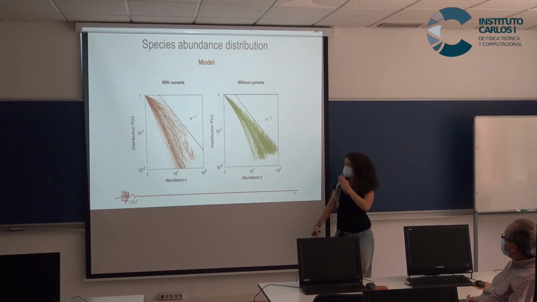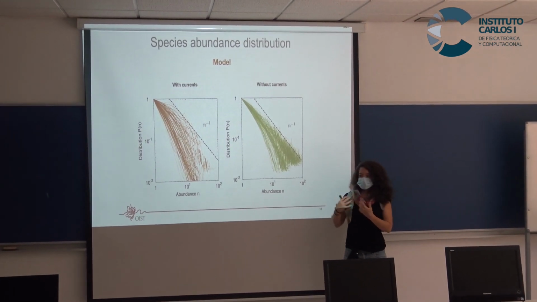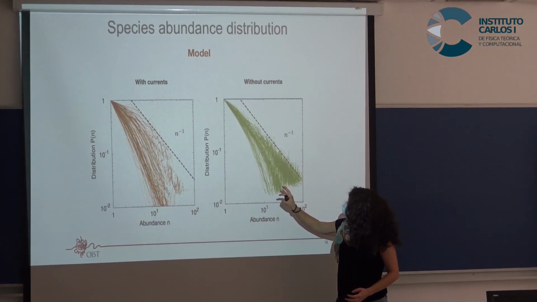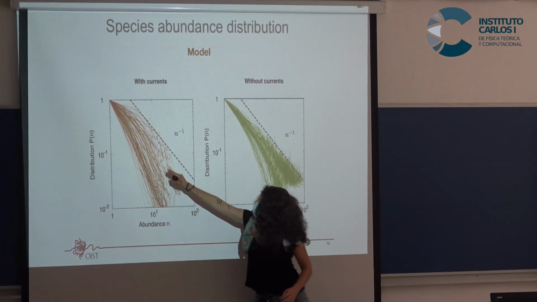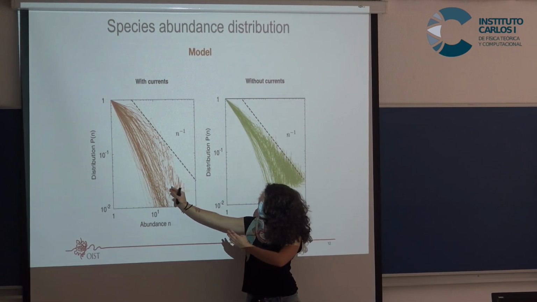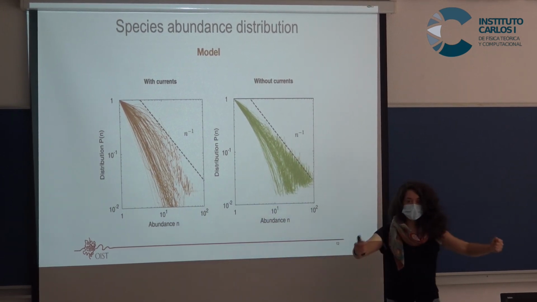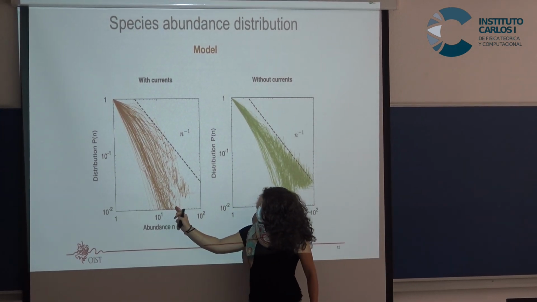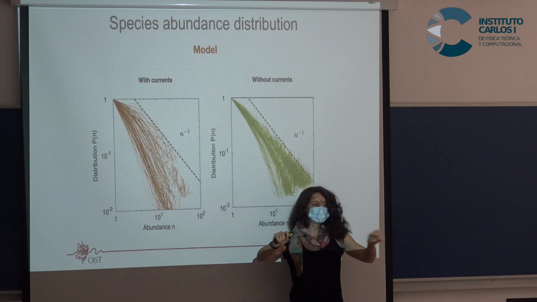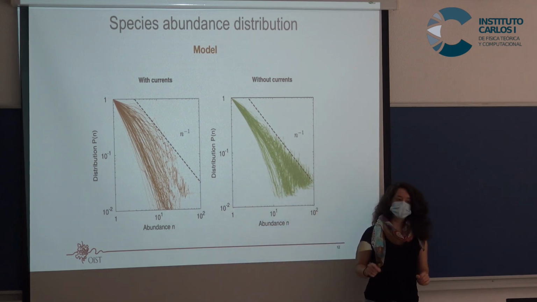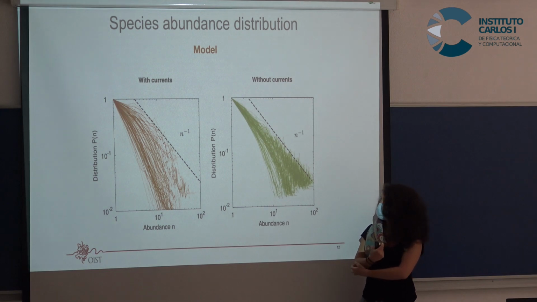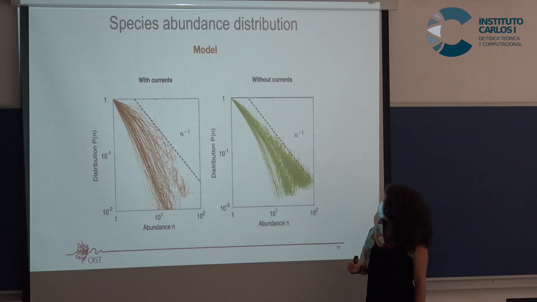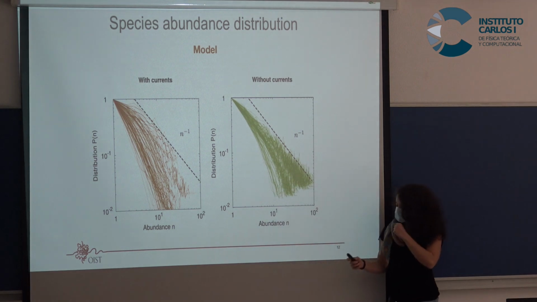That's a good question to understand what this implies, because if these curves are steeper, that means that our sample is more diverse. There are fewer highly abundant species, but many species with 1, 2, 3 individuals. So many species, much more diverse. Our samples with oceanic currents are more diverse than those without currents.